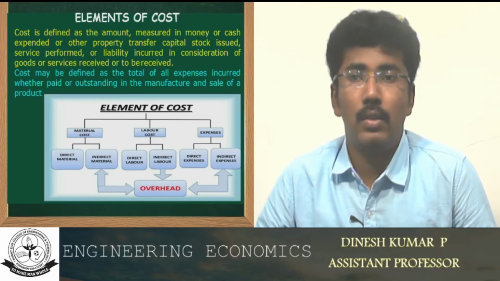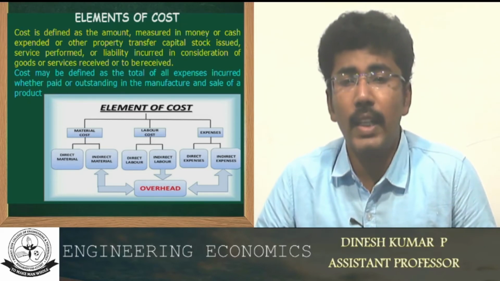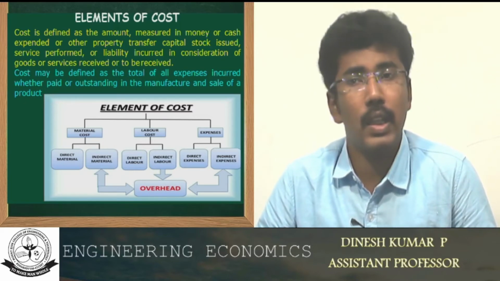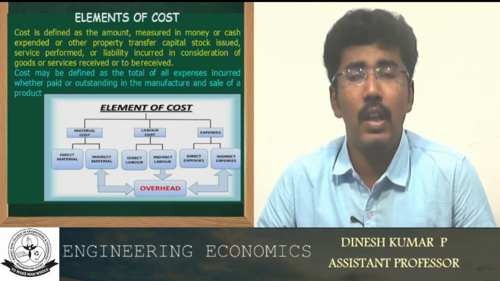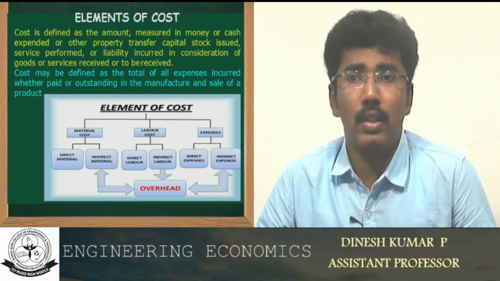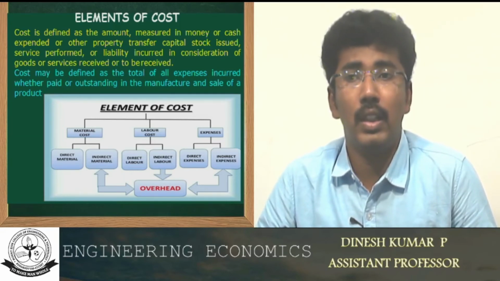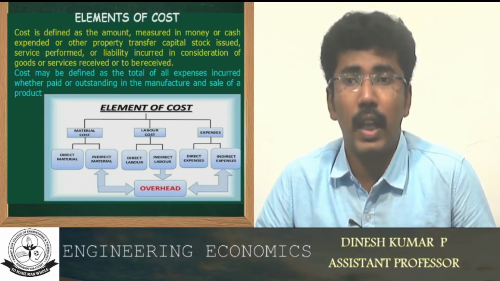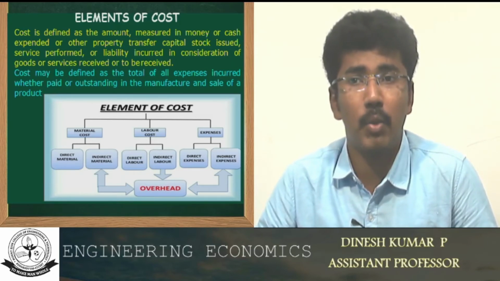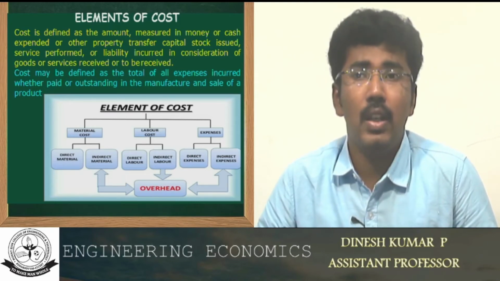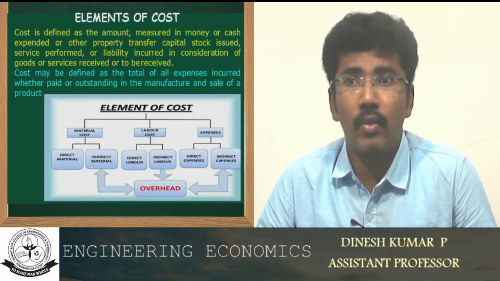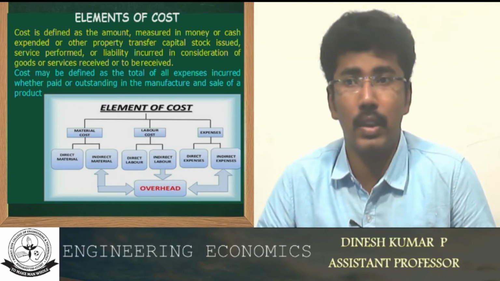product production. Next, the labor cost. Labor cost is also classified as direct labor cost and indirect labor cost. Direct labor cost is the cost of labor directly involved in the production, the wages they earn. Next one is the indirect labor cost, which includes